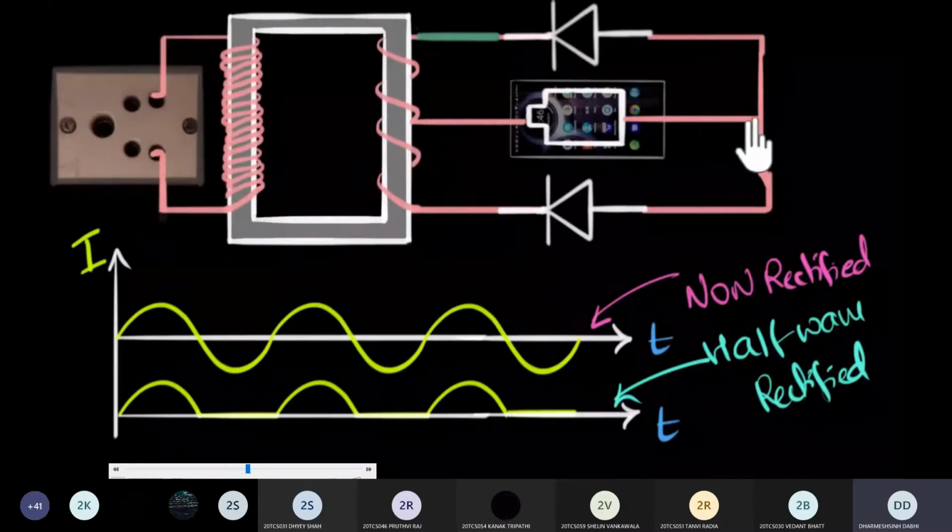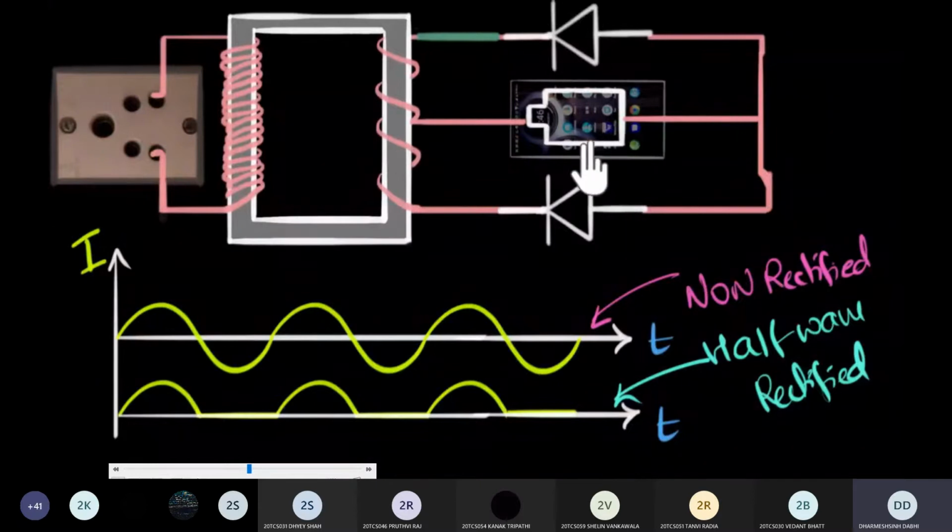And so what this does now is it allows two paths for the current to flow. So when the current is trying to flow clockwise, for example, you can have a clockwise flow here, or you can also have a clockwise flow here. There are two paths. And similarly, when the current is trying to go anti-clockwise, you can have an anti-clockwise flow here, or you can have an anti-clockwise flow here. Both are possible. So now I really encourage you to again pause this video and try to see if you can figure out how this behaves as a full wave rectifier.